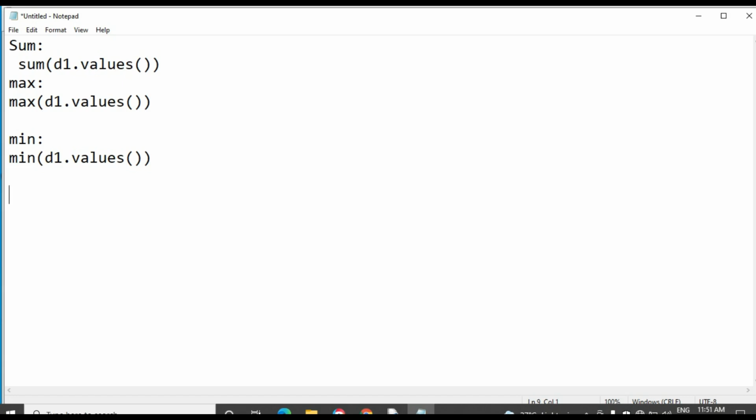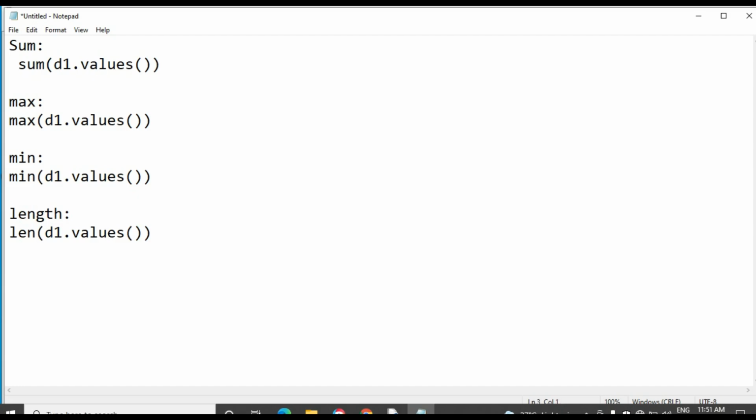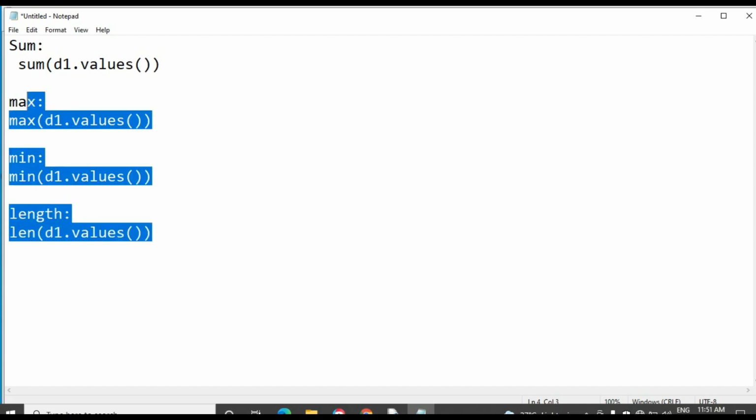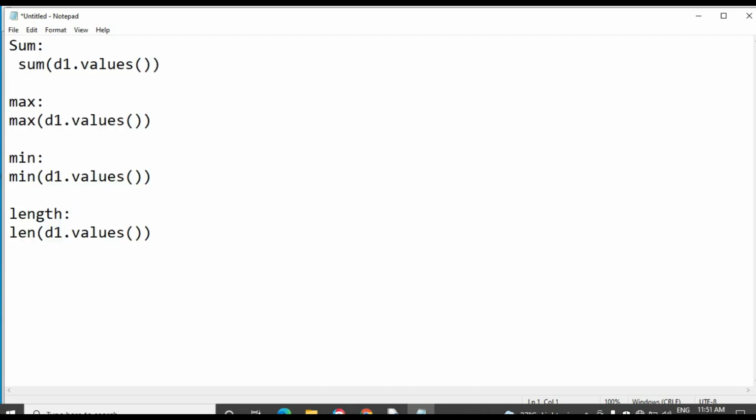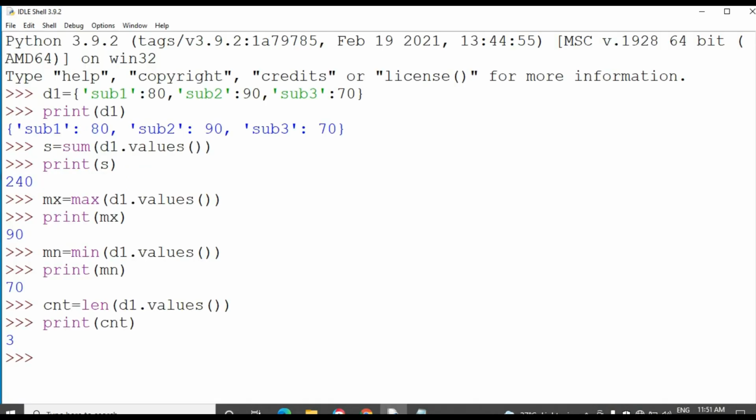If you want to count how many values you have taken, to find out the length, you should use the length of D1 dot values of. So these are all the syntax to perform the arithmetic operations on the values in the dictionary.